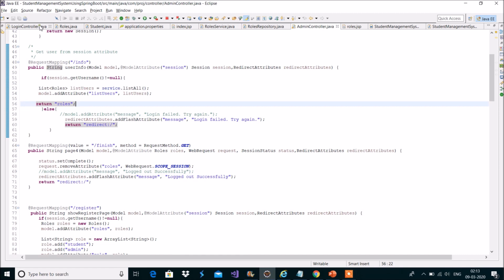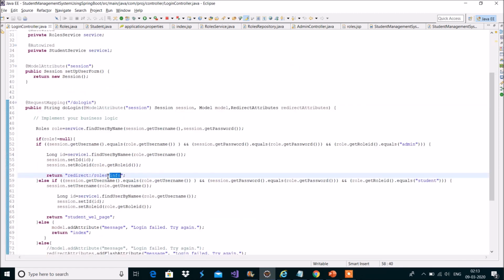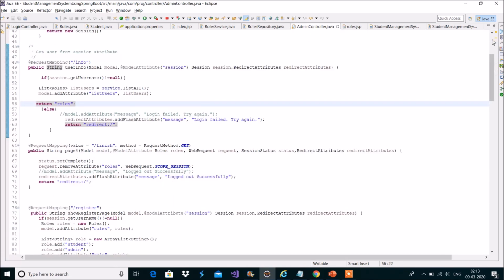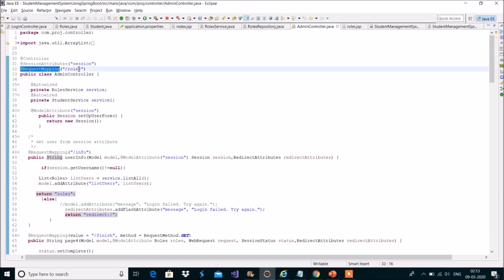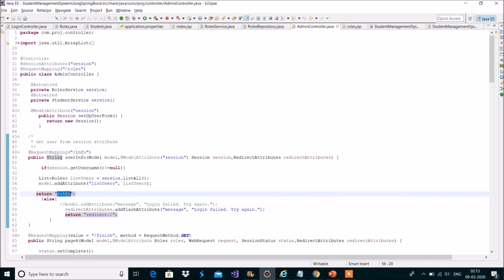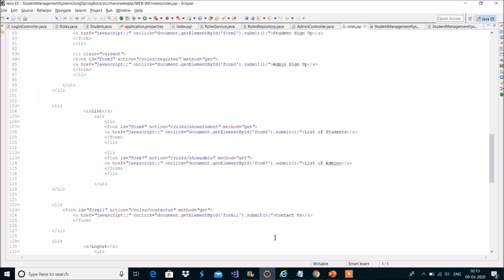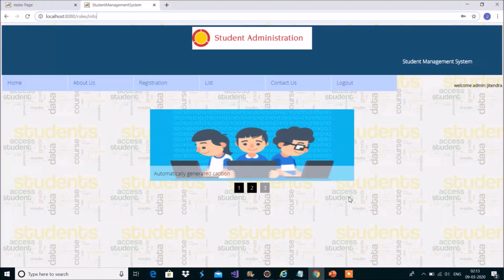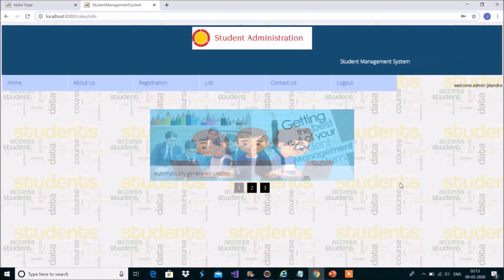This particular roles info request mapping is defined here in the admin controller. You can see this request mapping roles, and inside that the request mapping info is there, so it will execute this particular method. In this method, you can see it is returning the roles.jsp page. So it will return this roles.jsp page. This is the same page as the one showing, that is, the admin home is the same